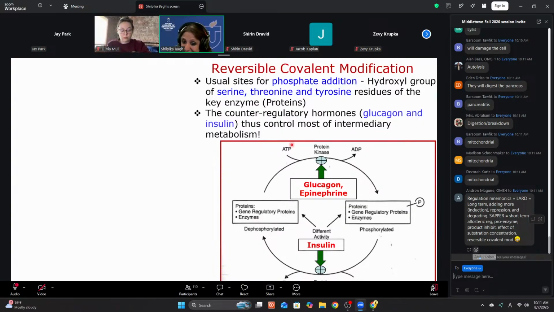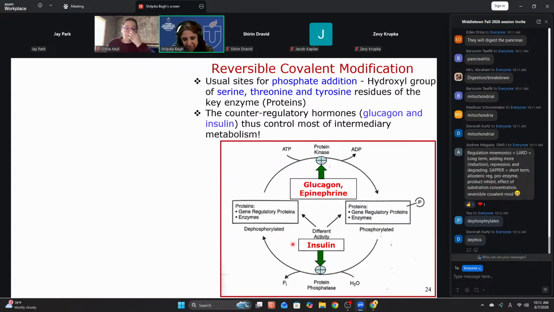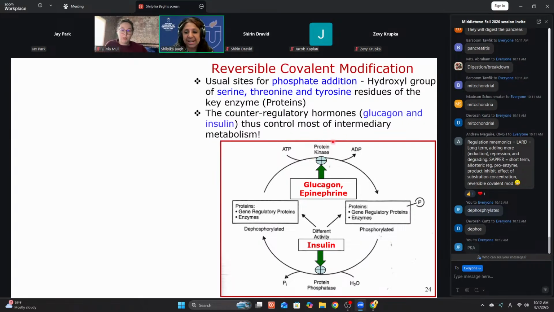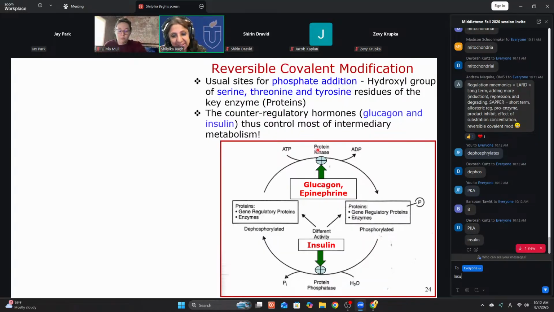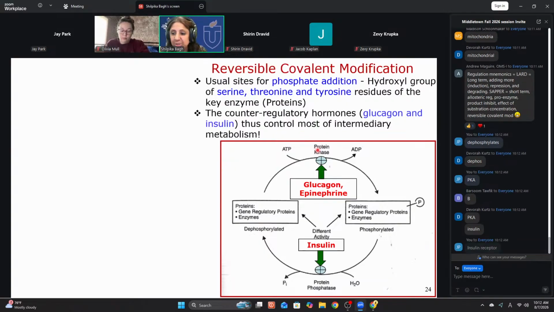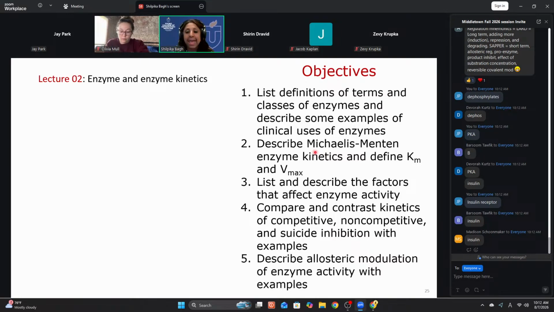Sometimes students look at ATP only as an allosteric modifier. ATP has various roles in the body. One of them is giving phosphate for phosphorylation, and then dephosphorylation. Did we learn insulin always and always phosphorylates or dephosphorylates the key enzyme? Dephosphorylates the key enzyme. And what protein kinase did we connect here with signal transduction? Protein kinase A, not B. Where was protein kinase B? Protein kinase B is with which ligand? Insulin. So you got to distinguish your protein kinases. So keep connecting overview with signal transduction and understand that.